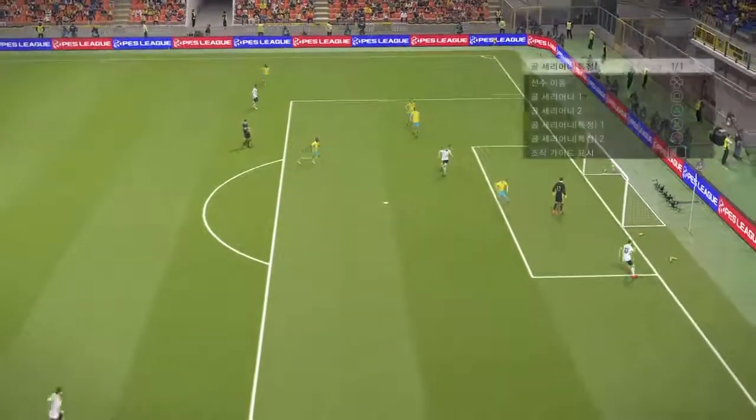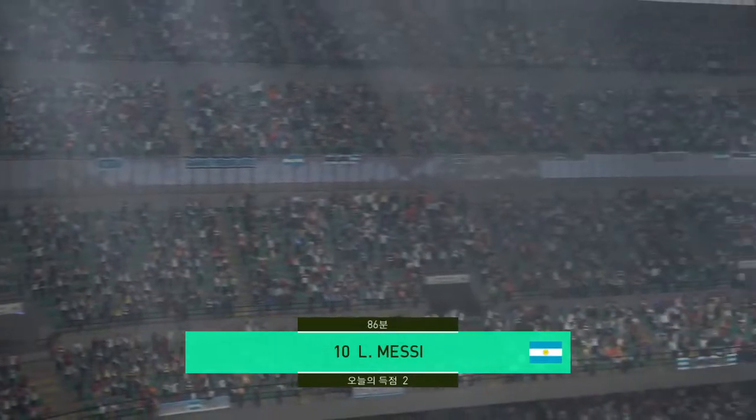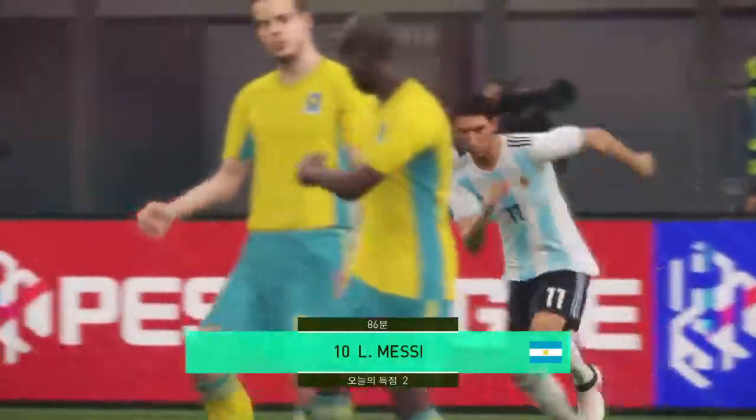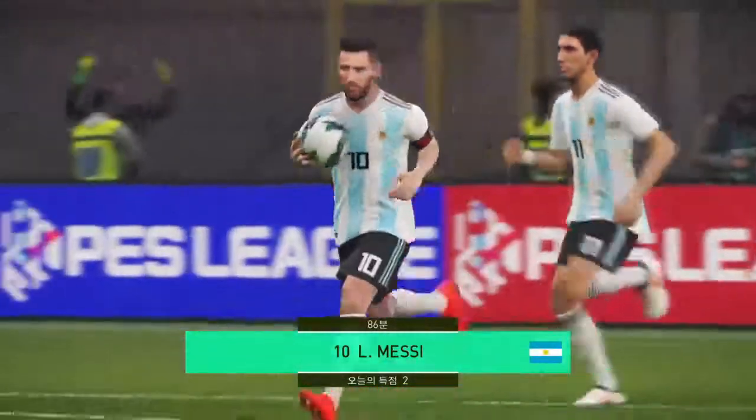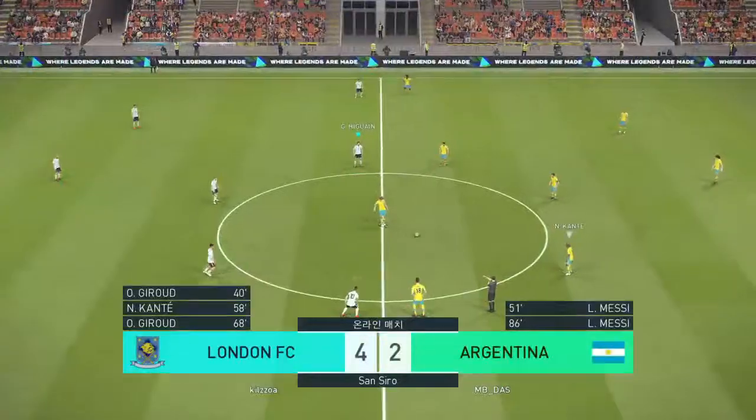Has a hit! Oh, wonderful, wonderful Lionel Messi! And they are right back within touch. Courtois reacted well to the initial effort, but couldn't get it right out of the danger area. Well, for me,